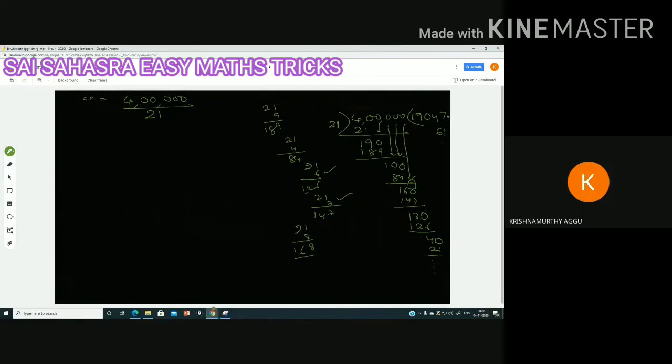Okay, let us solve one more digit also. 40 minus 21 is 19. 10 minus 1 is 9, 3 minus 1. 19 is not divisible by 21. If you consider the point, 0 will come. So 21, how many times? 190. 21 nine times is 189. Then 1 is a remainder. Again, the continuation will be there. Again, all these things are repeated. So 190, how much did you get?